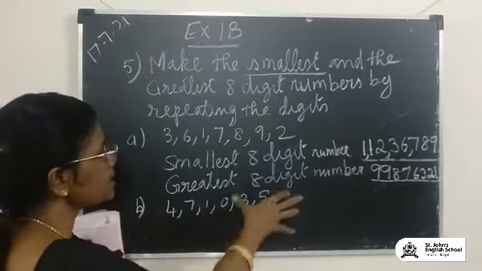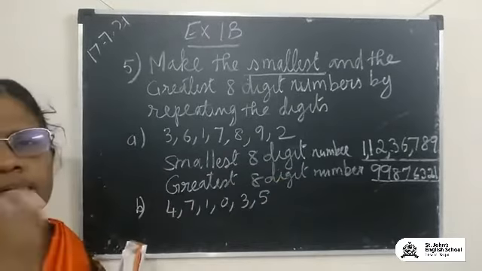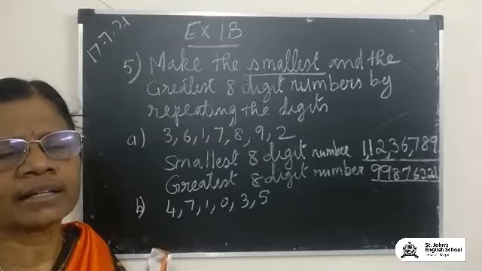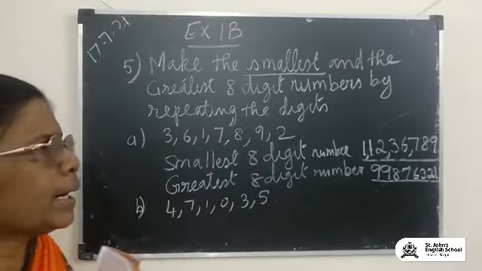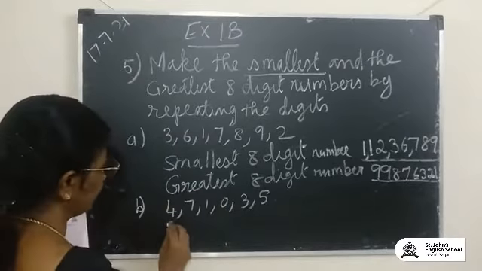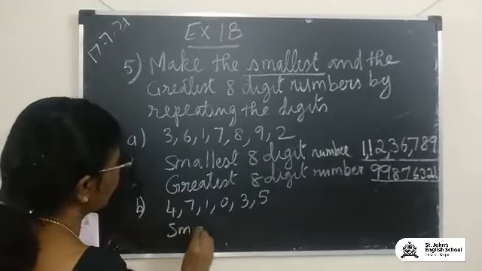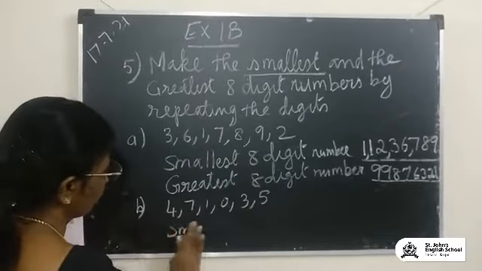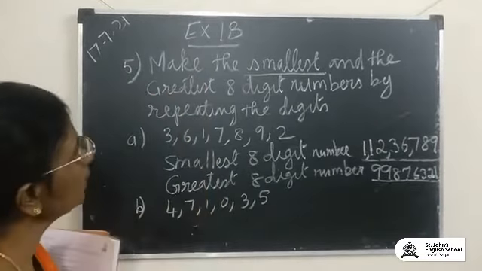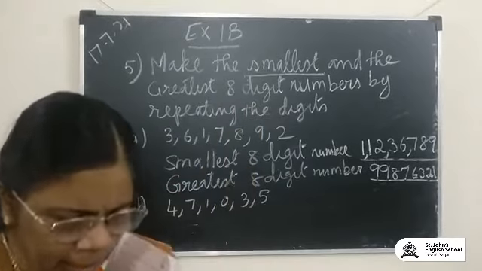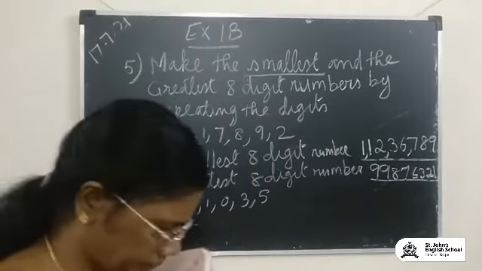So how many digits you want? According to that, you have to repeat the greatest number and the smallest number. Okay, now I'll start writing. Suppose there is no place, I'll rub the top thing, children, or I'll write the full thing on the board. Okay, because it's only the question. I'll rub the question now.